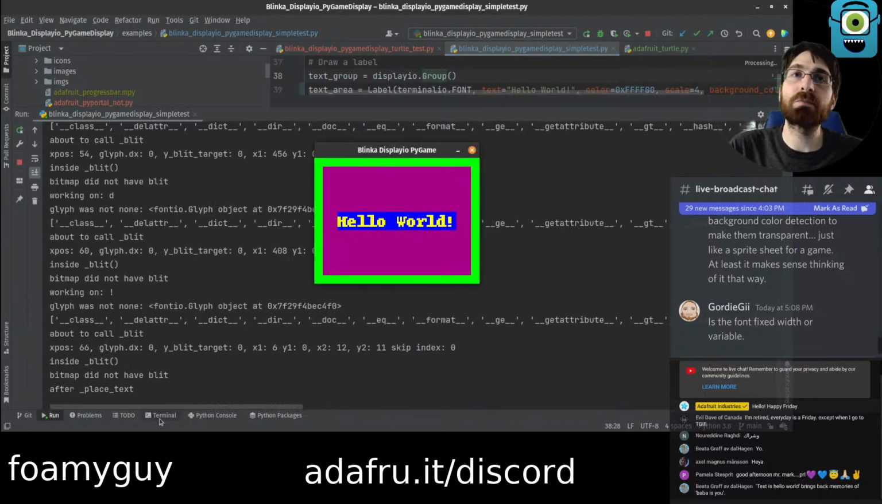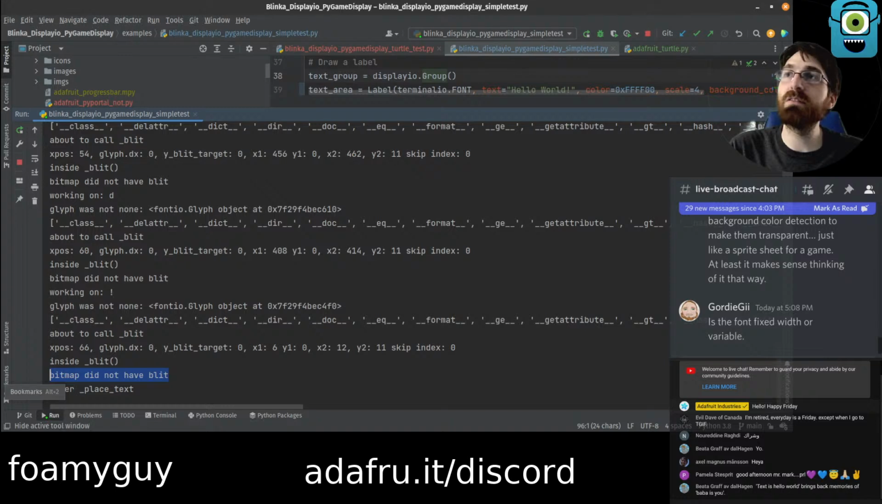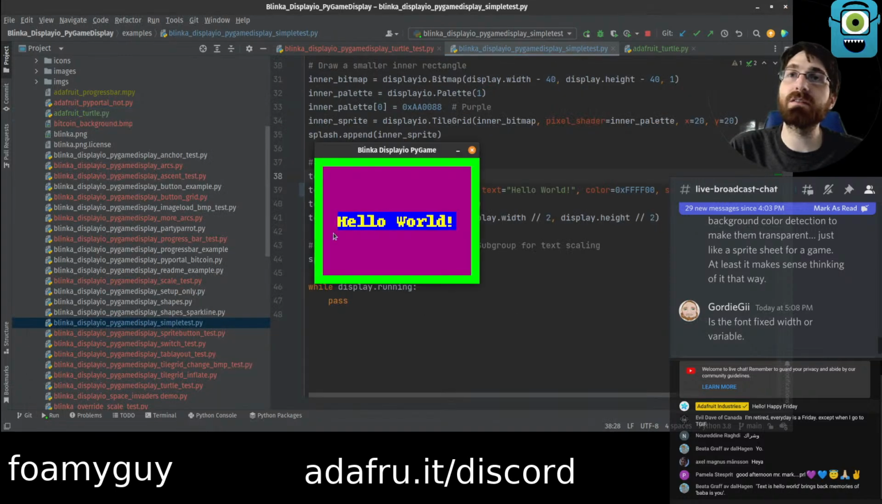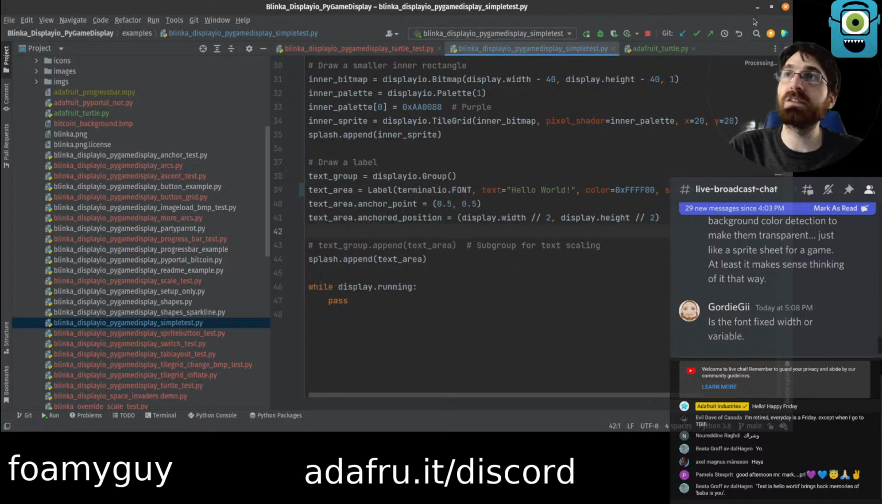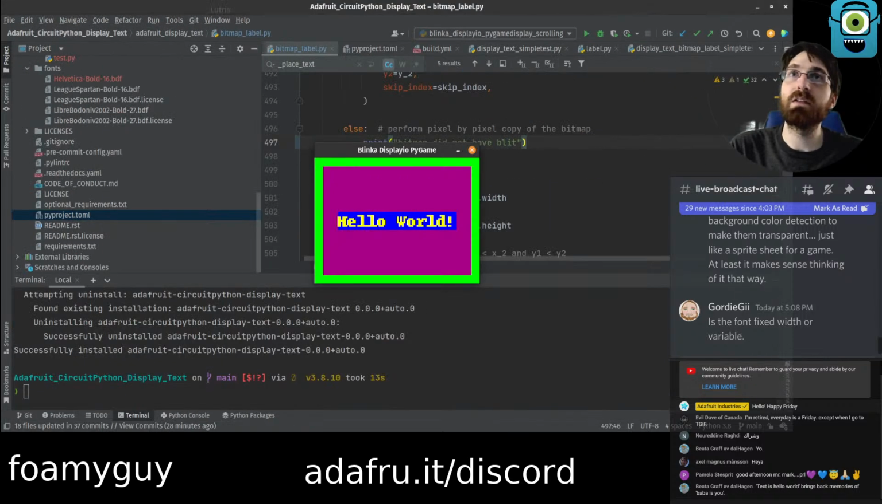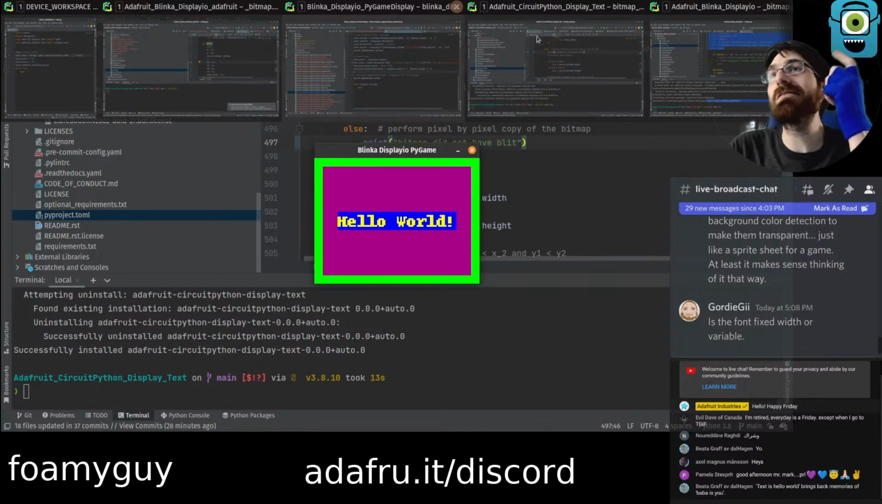But now I think this prints, yeah, this prints "bitmap did not have blit," which means it uses the fallback code, which means it works because it's actually doing something instead of just passing. So we either need,